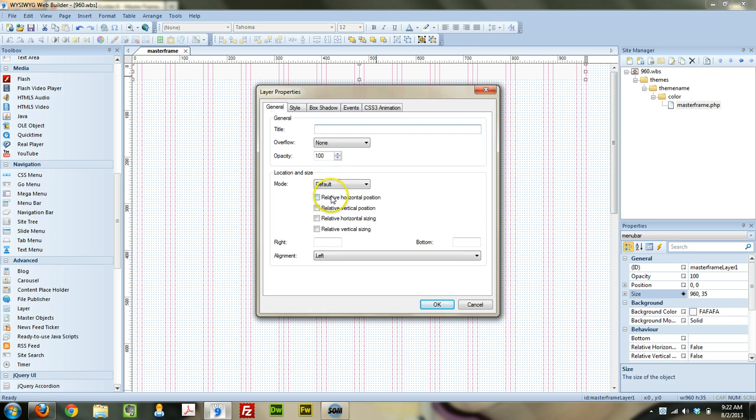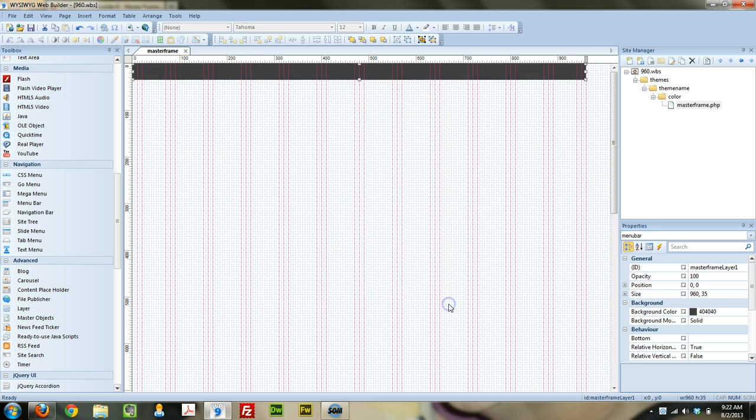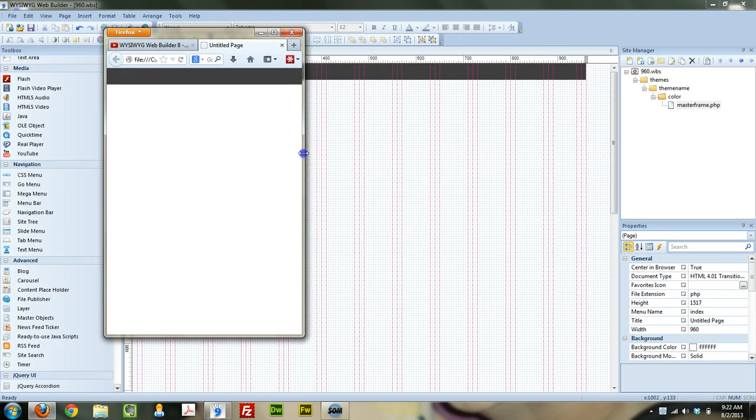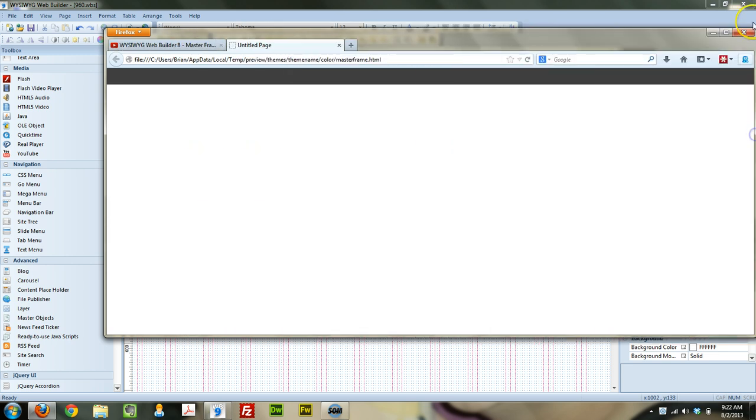The next thing I'm going to do is click relative horizontal position, relative horizontal sizing, and for the alignment, you want it to be aligned in the center, because everything else is going to be aligned in the center. Okay, and that's it. That will create a layer that, when previewed, stretches all the way across the screen, and it doesn't matter how big the monitor is or how big the browser is, it'll always stretch across the screen no matter what. Alrighty,